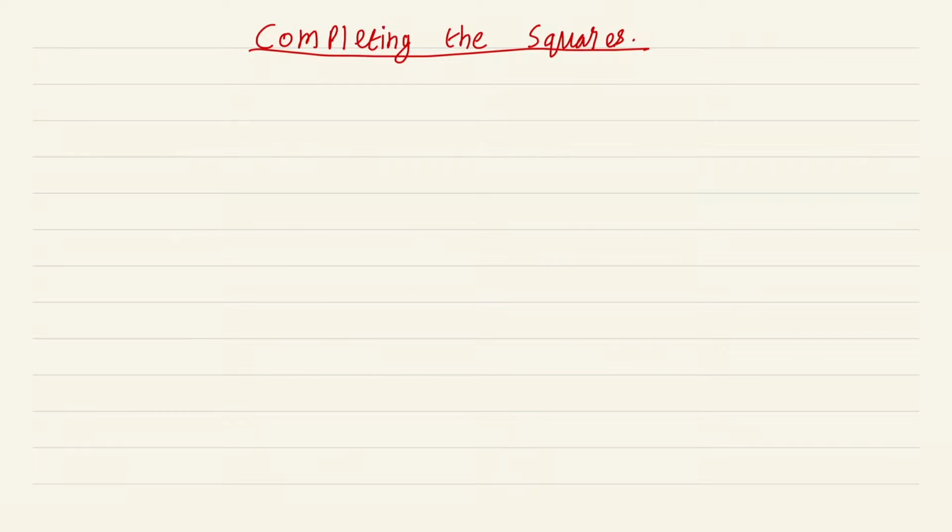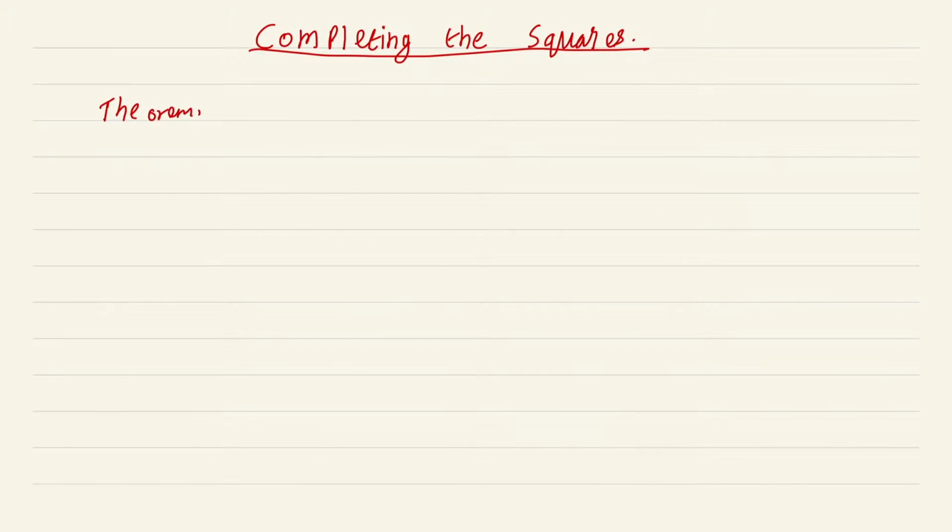In this video, we are going to use a very old method called completing the squares to decompose a given quadratic form into a sum of squares of linear functionals. This method can also be used to show that for any quadratic equation, the roots are given by the famous formula minus b plus or minus root of b squared minus 4ac by 2a. The same idea involved in the proof of this formula is what is involved here, except the situation is slightly more abstract. So let me state the theorem.